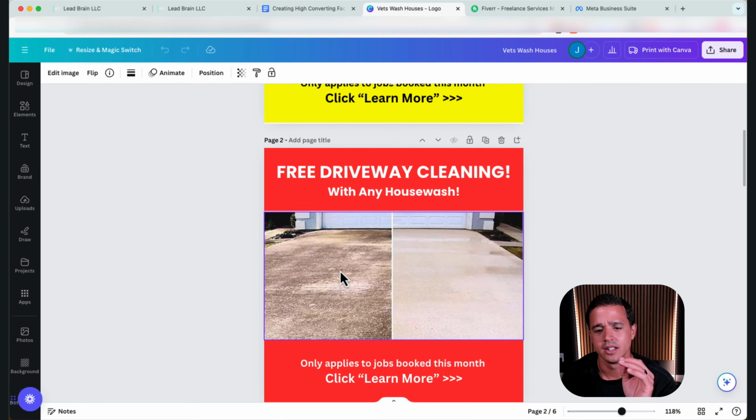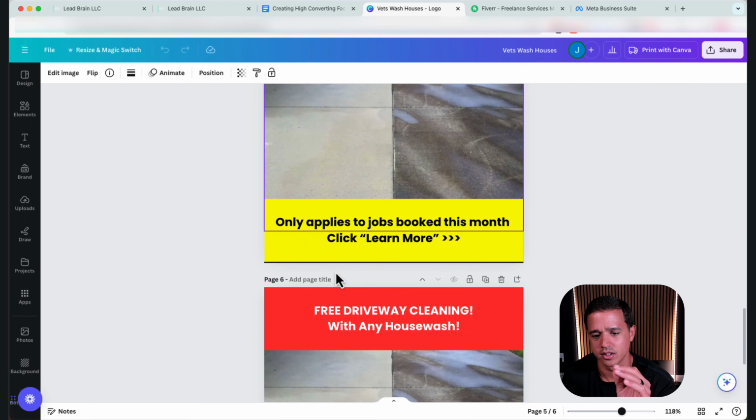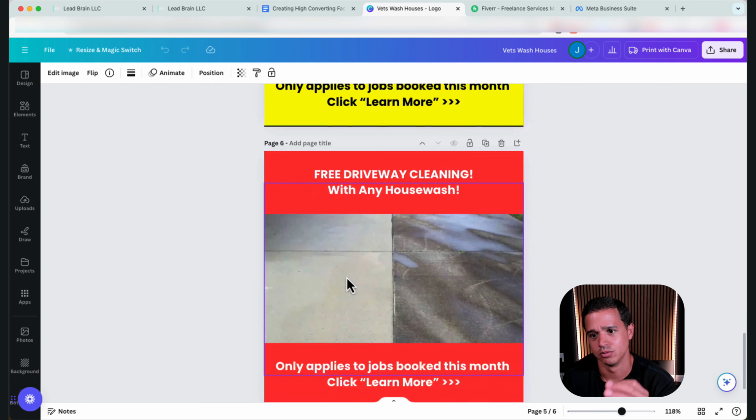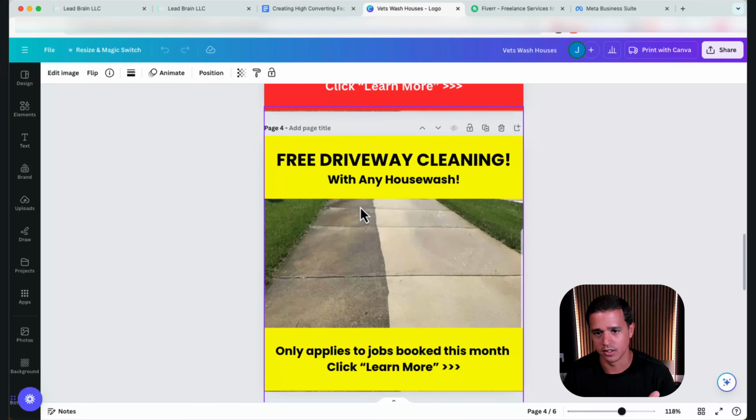Now, this stuff's super simple, right? It looks ugly, but I'm going to tell you a trick. Yellow and black and red and white do really well for some reason. I've created wazoo ads, I've paid people to come up with nice things and make things pop and add filters and stuff. And for some reason, these basic ads tend to do the best. So leave it up to you. This is one thing you can test.